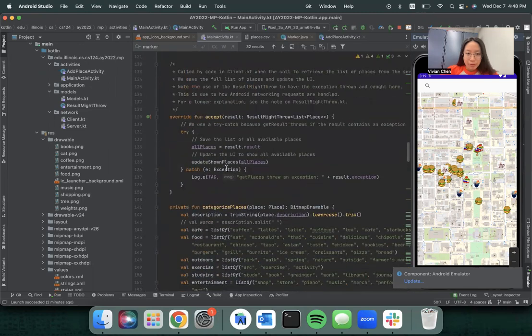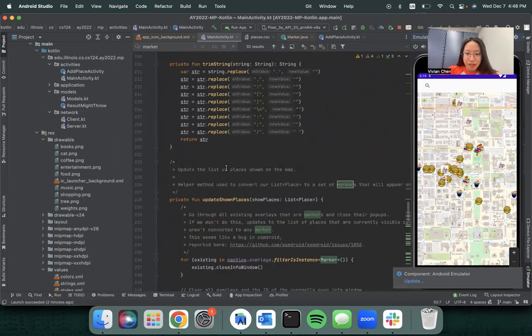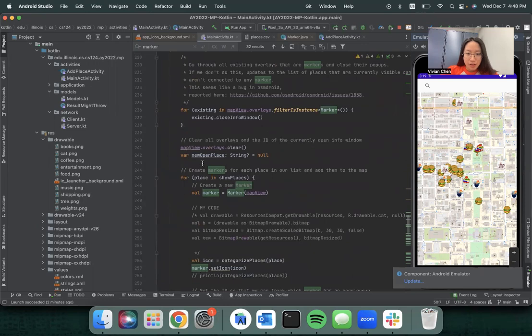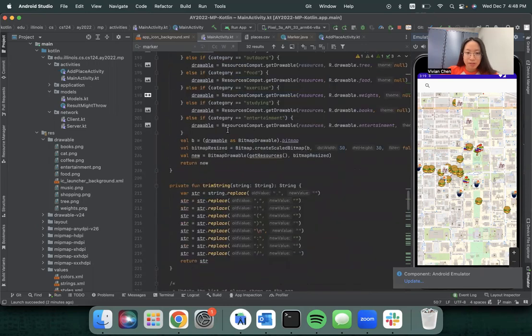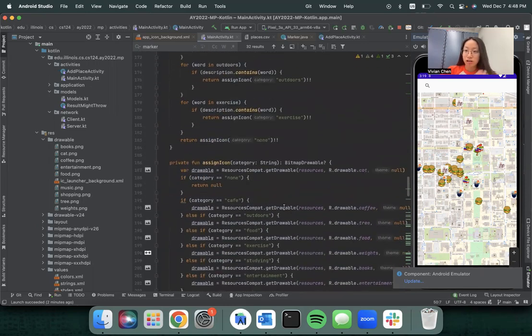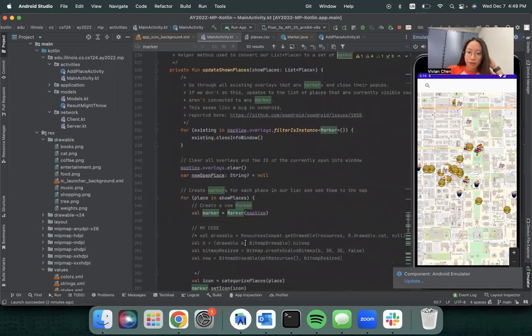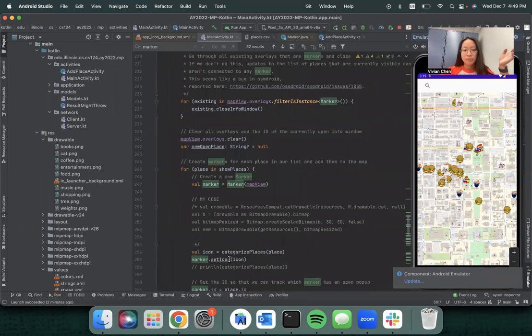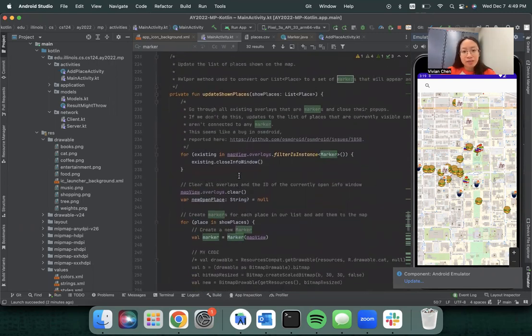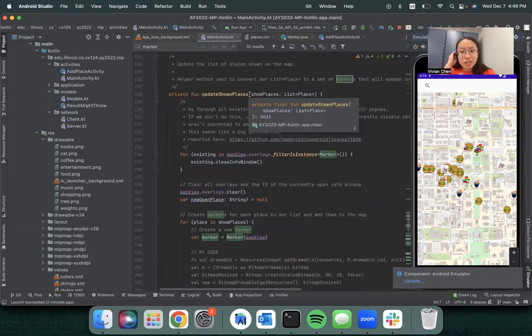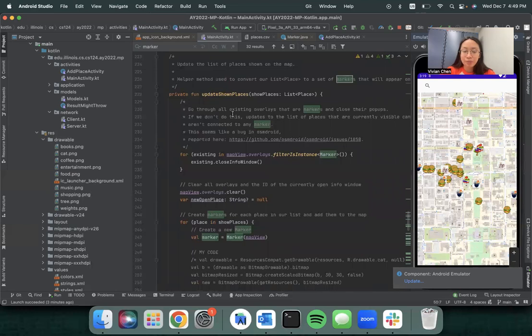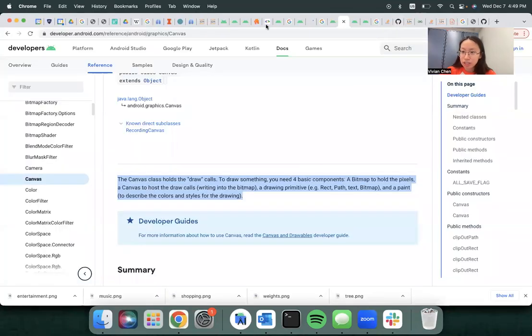I have quite a few helper methods here. These return a bitmap drawable, and this would just get passed into the set icon method that I call on the marker that gets created in update shown places. So everything is wrapped up in update shown places, and I was just writing helper methods to update this method. And to verify that my stuff has been pushed to GitHub,